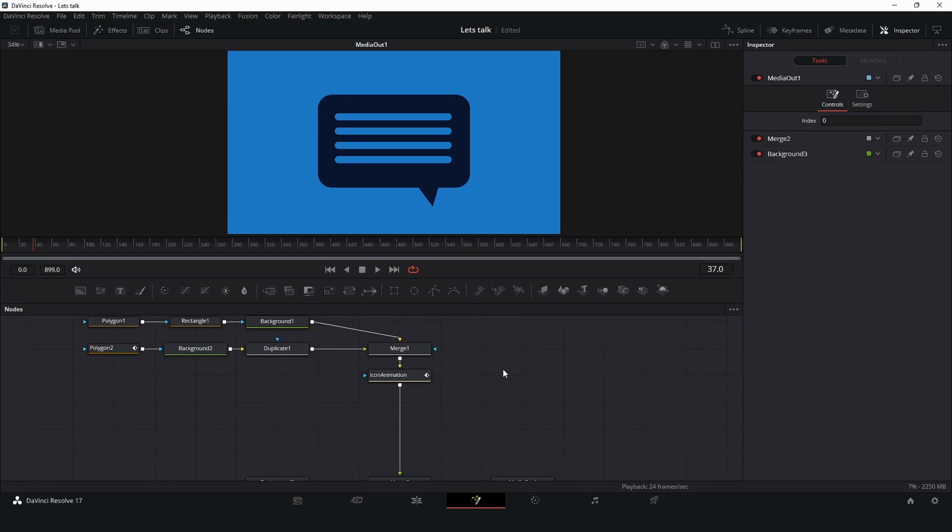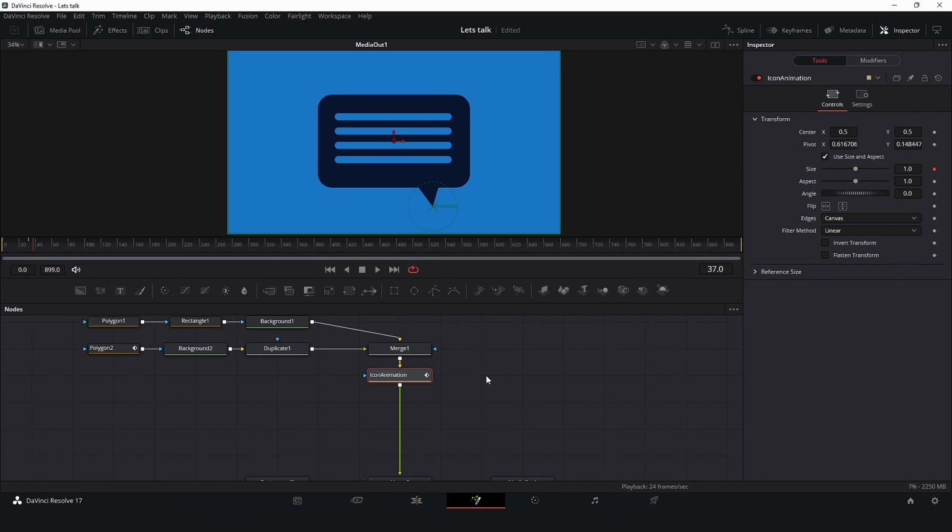Now what I would like to do is, in this icon animation, I would like to change this position, but I don't want to use the same node. So I will create a new one here, and on this one I will press F2. This will be icon position.